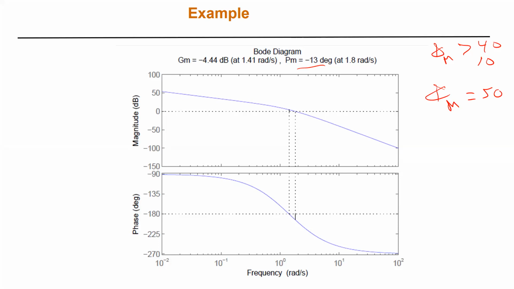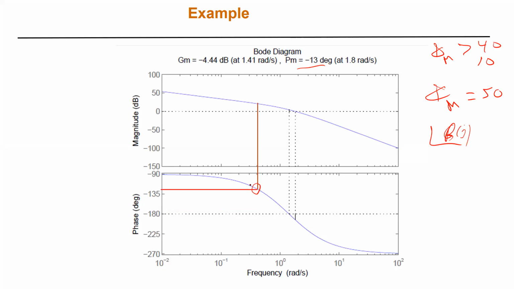Where is this phase margin, what does it correspond to? What is the phase? Minus 130. Exactly. So basically it will be at 130. This is the phase margin that I want, which happens at